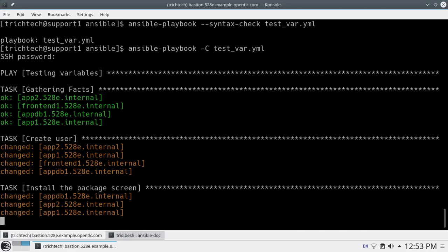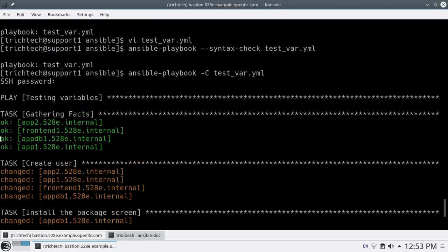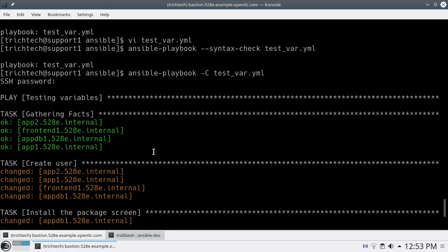Let's wait for it to complete. You can see all the tasks are running successfully and making the necessary changes.